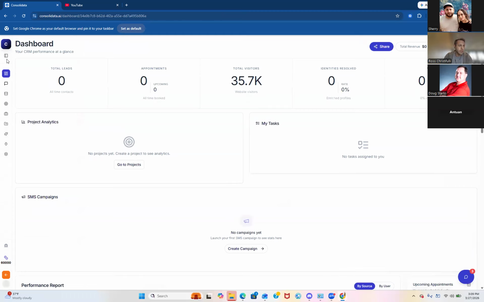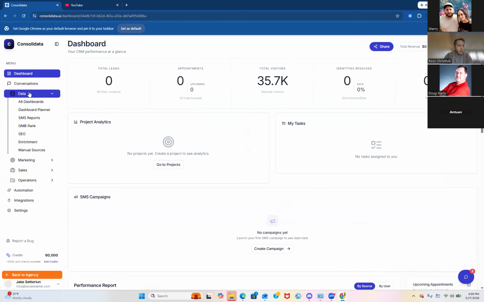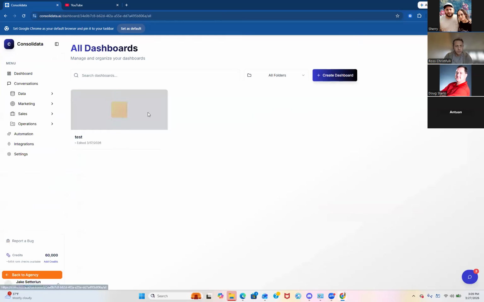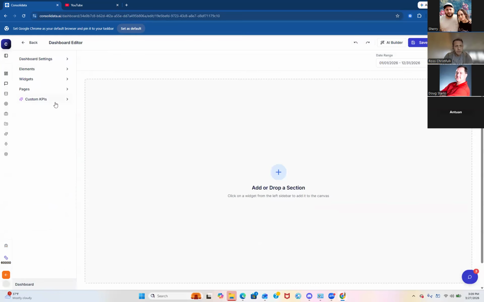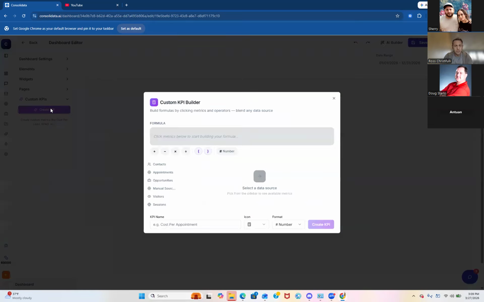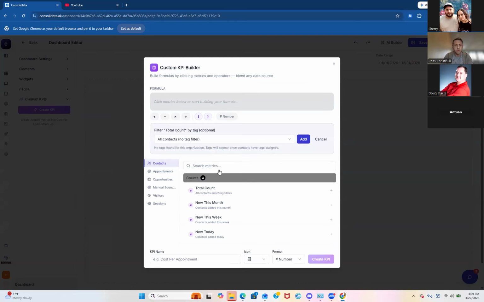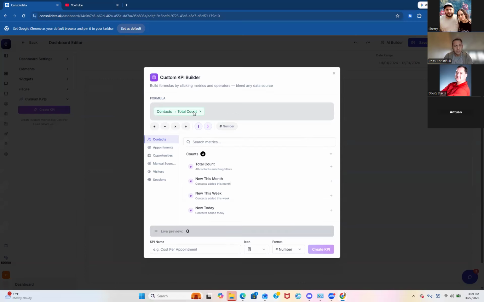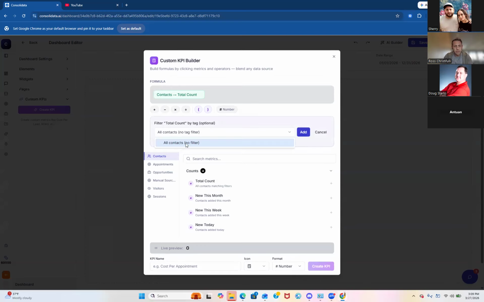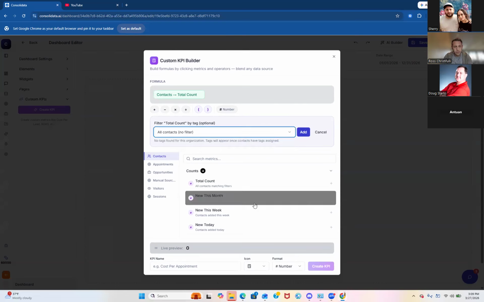While we're in the dashboard editor, I do want to show you guys how to use the new KPI tracker or custom KPI builder. So right now, the way that we have this set up is that you can create some different metrics. So let's just say we put our total number of leads in here. So I have all contacts, and then I'm going to add that, and now it's up in here. Now, what if I want to do all contacts that have a specific filter? For instance,